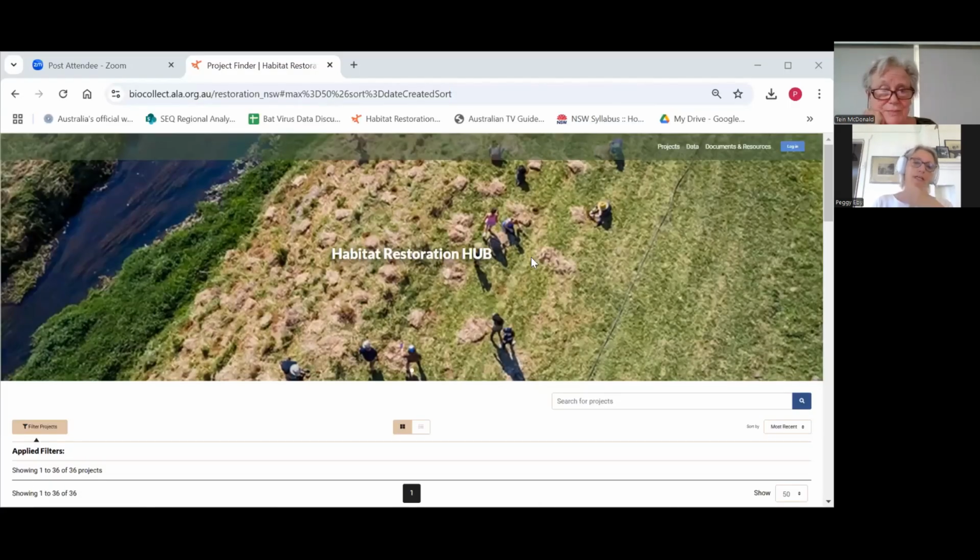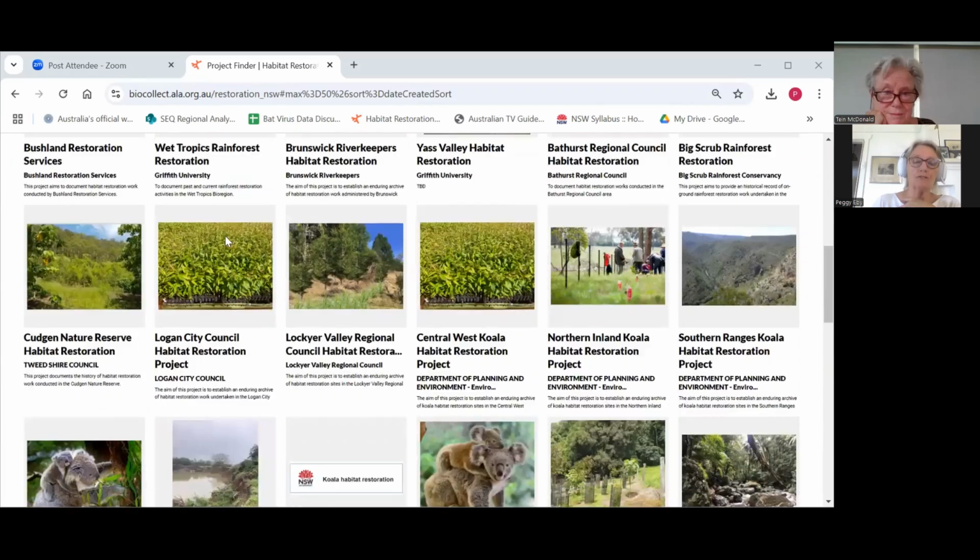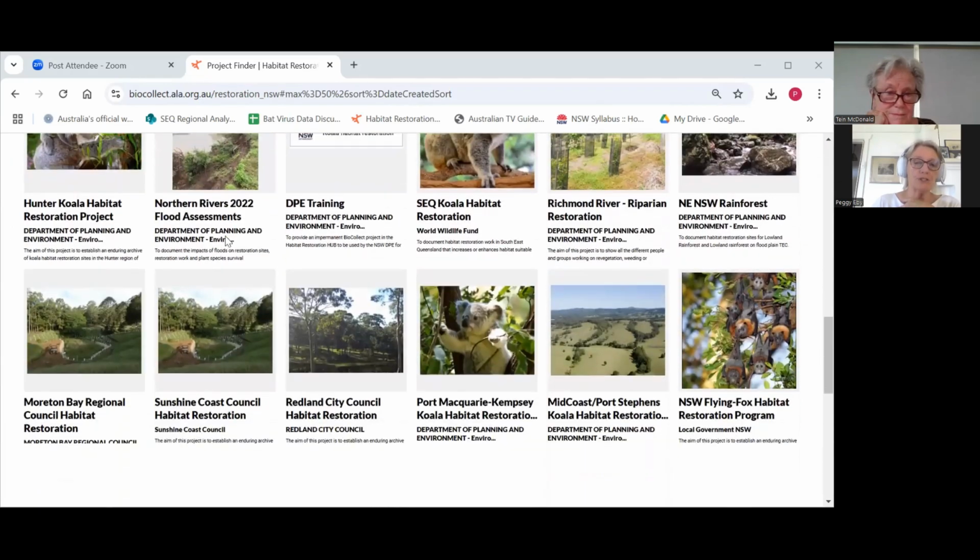And I think what I'd like to do now, if possible, if this works, is to go online and show you what it actually looks like. So there's now sufficient traffic on the Habitat Restoration Hub that it is searchable. And this is the initial page that you see, the landing page, and if you scroll down, you can visualize the different projects that